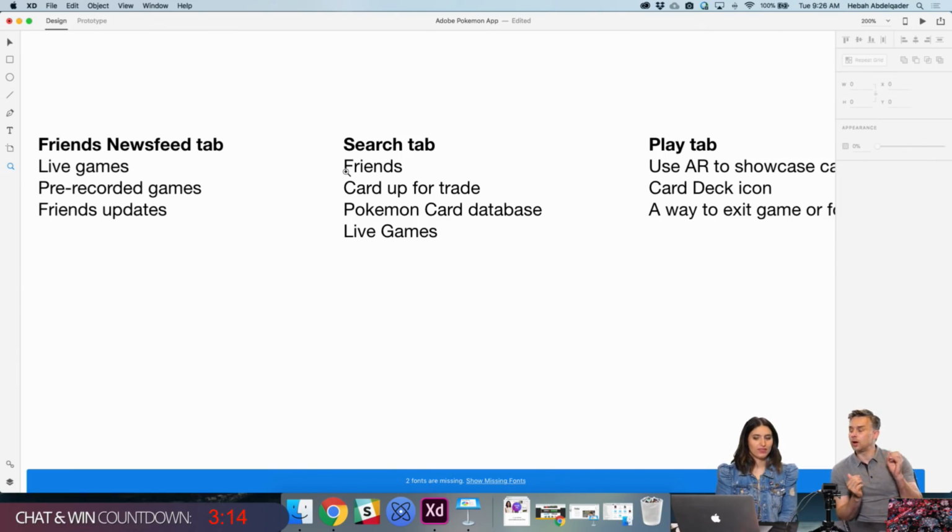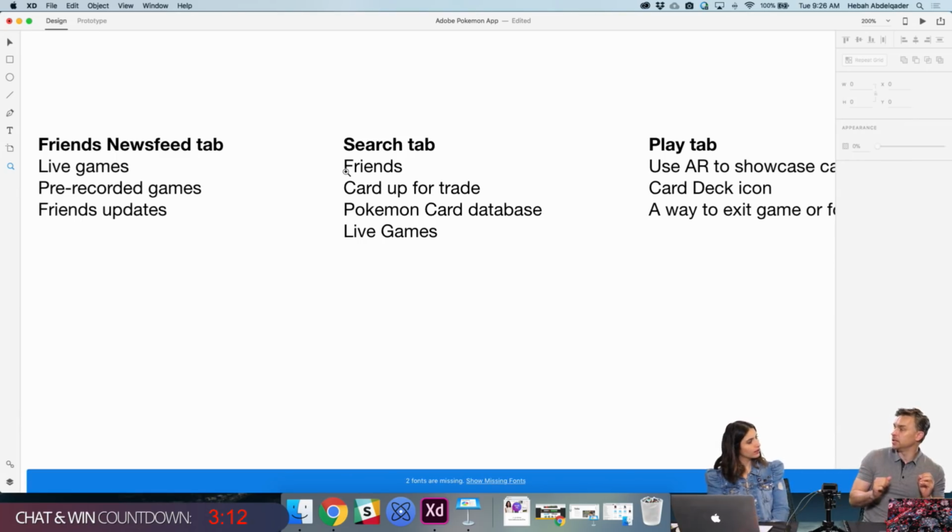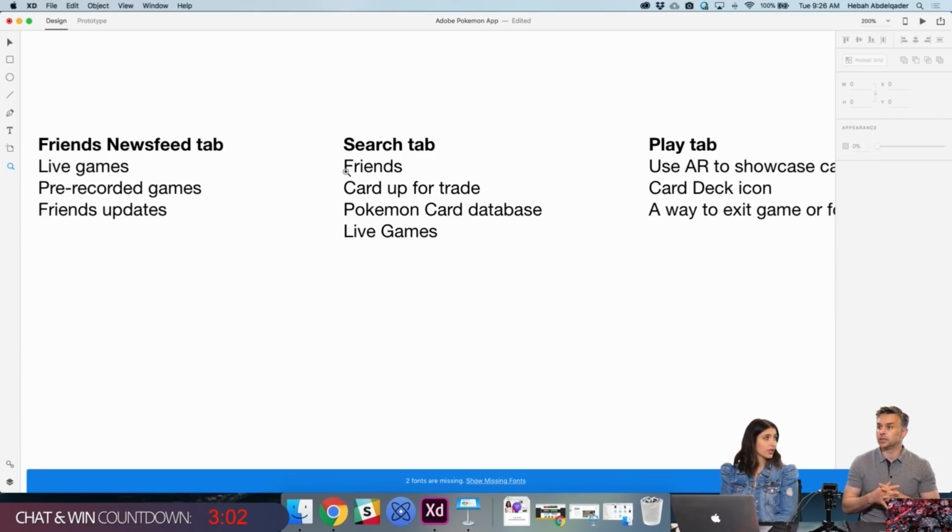And correct me if I'm wrong, by the way, as we get into XD, we actually have an update to Adobe XD today. So I'm just refreshing, and it's going to be really fun to dive into some new features in Adobe XD. Features that I'm really excited about. The fact that they're within the app is pretty awesome. You don't need a third-party app, which is really cool.